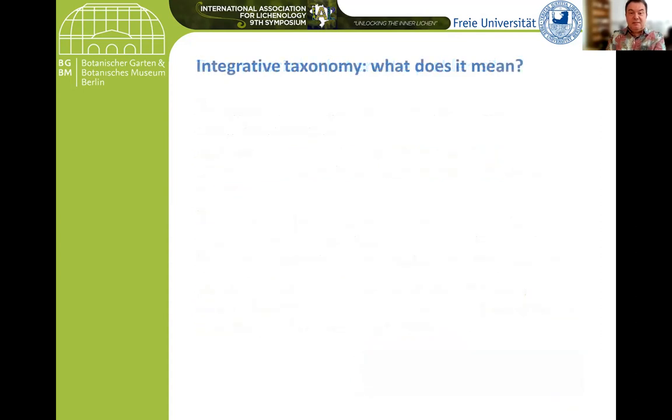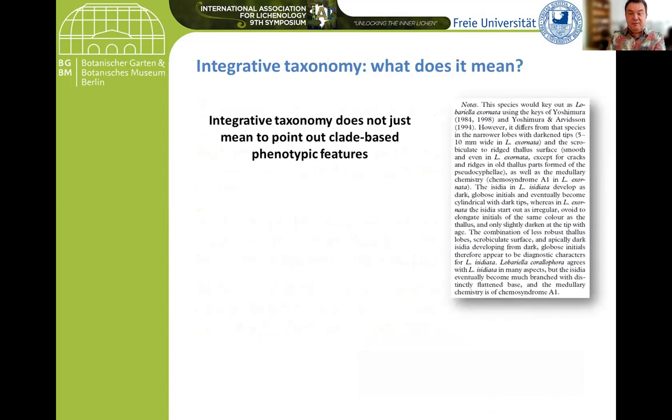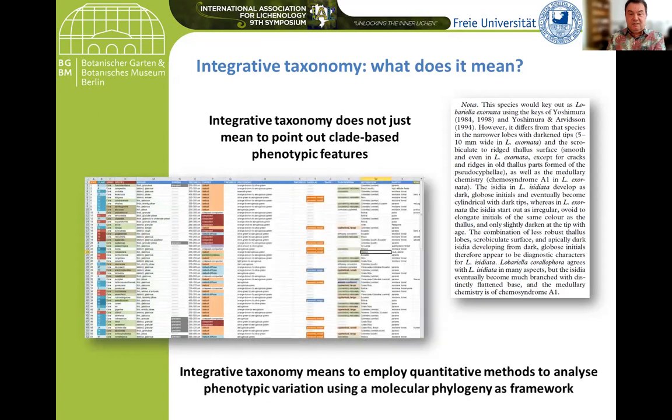What does integrative taxonomy actually mean? So many people think this means you do a phylogeny, then you classify, describe your species or discuss your species, and you put the discriminating characters in the discussion. Of course, it's important, but this is not what integrative taxonomy really means, because this is kind of an ad hoc discussion. What you actually should do is quantitative analysis of phenotype characters based on a molecular phylogenetic framework,